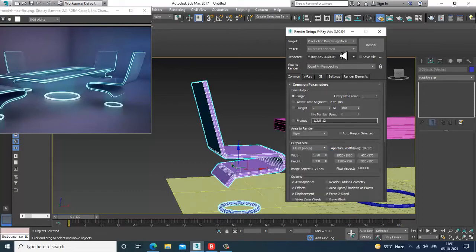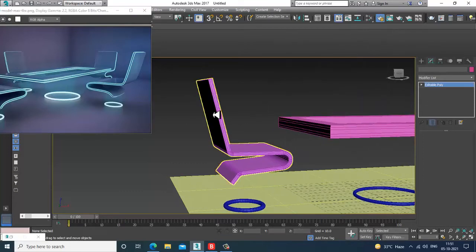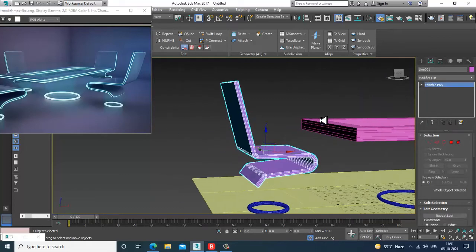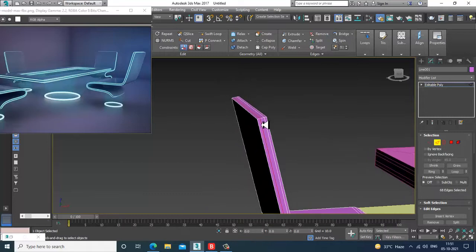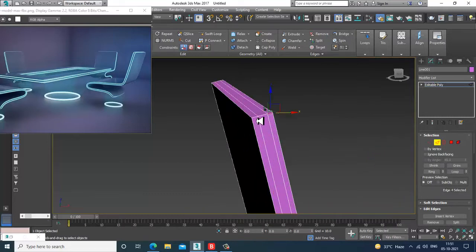Select this chair. Select these edges, ring it, control and click on the polygons.